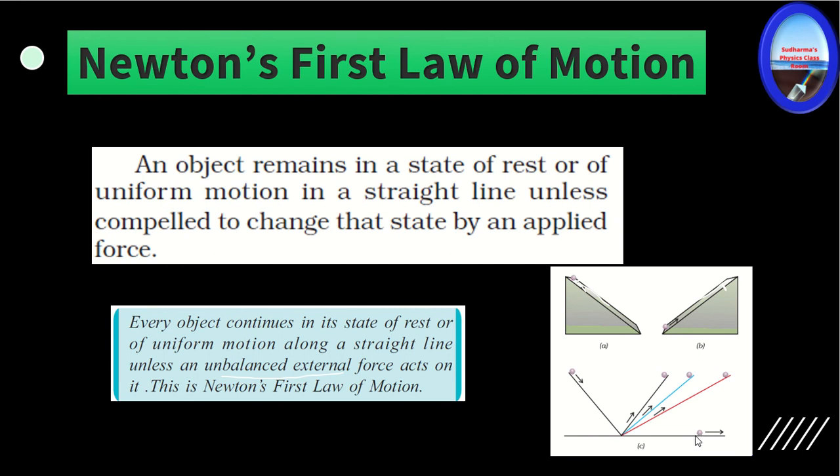So Newton's first law of motion states that a body remains in the state of rest or uniform motion unless an external unbalanced force acts on the object. What do you mean by unbalanced force? Let me give you a very simple example. External unbalanced force is very important. Okay, unbalanced external force, because